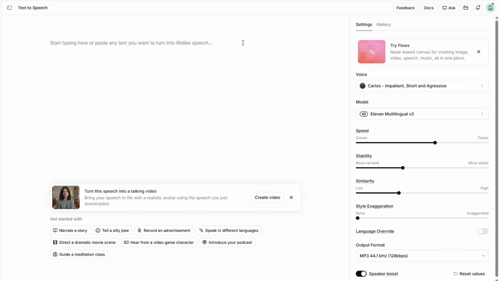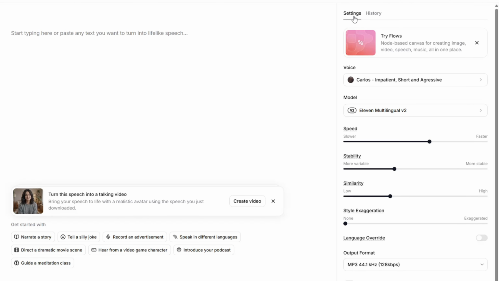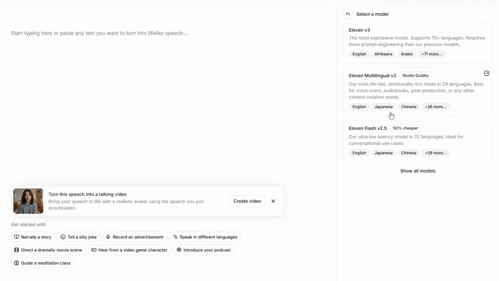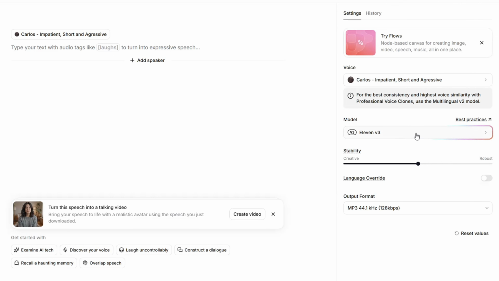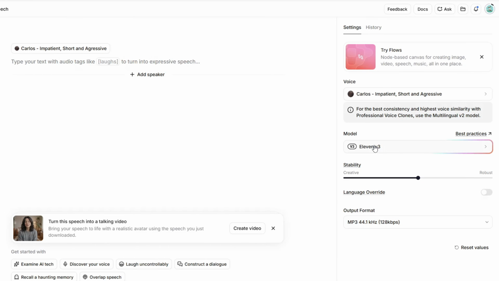Once you are in the text-to-speech area, look over to the Settings panel on the right side. Under Settings, click on the Model option and choose the 11v3 model from the drop-down menu. This model is especially useful for this kind of effect because it's designed to handle wider emotional range and a more dynamic increase in speech intensity. In simple terms, that means it can better shift from normal speech into panic, shock, or screaming without sounding as